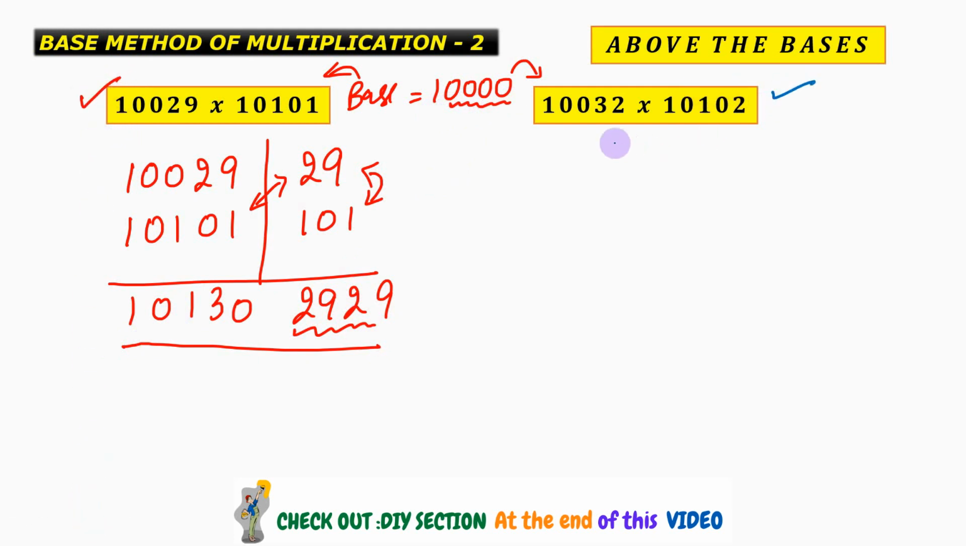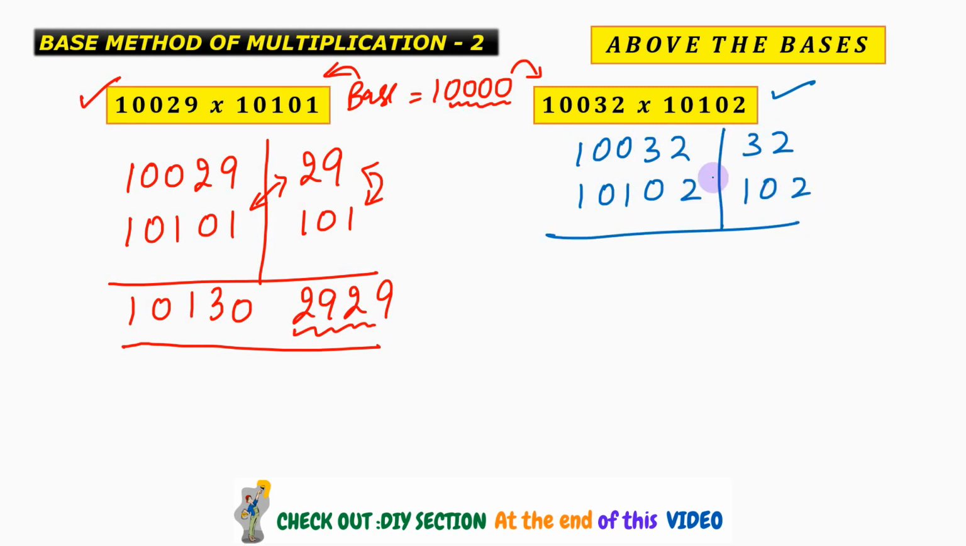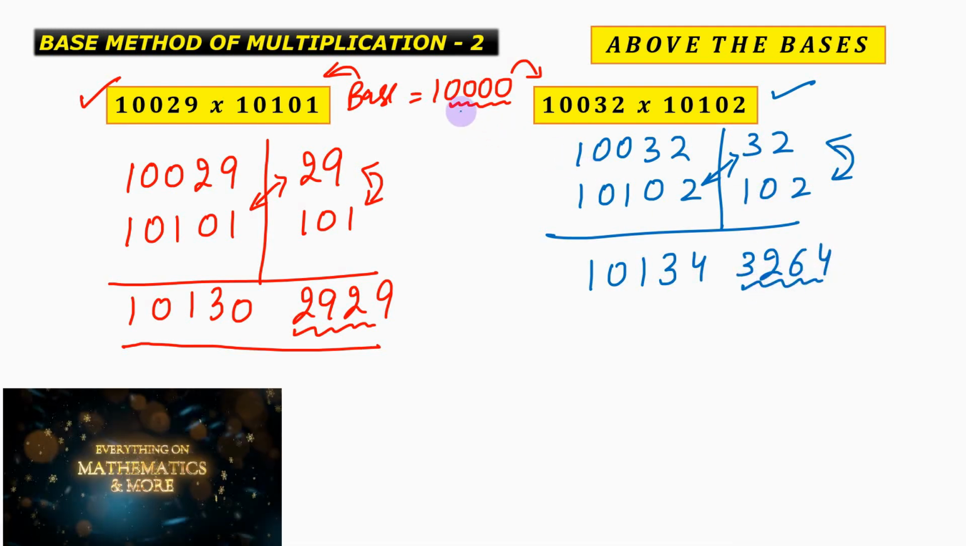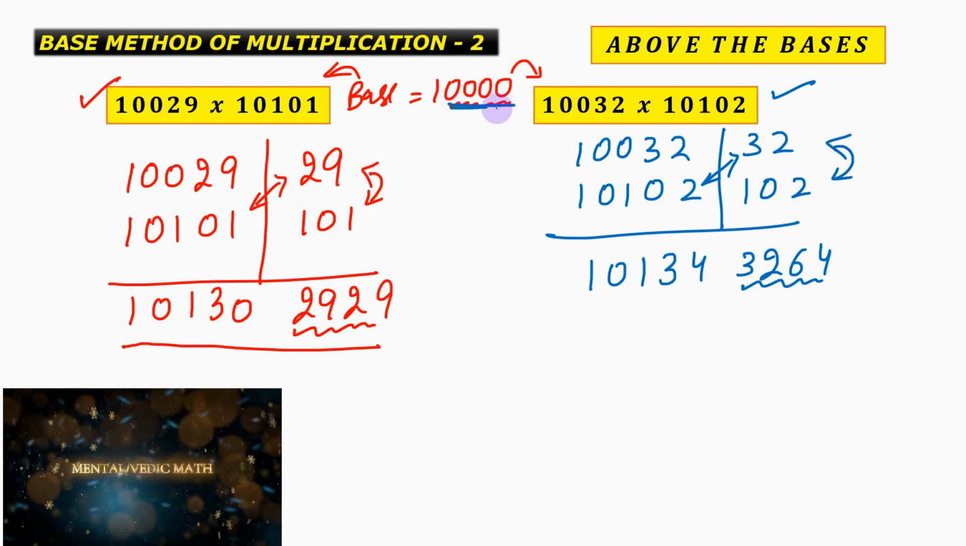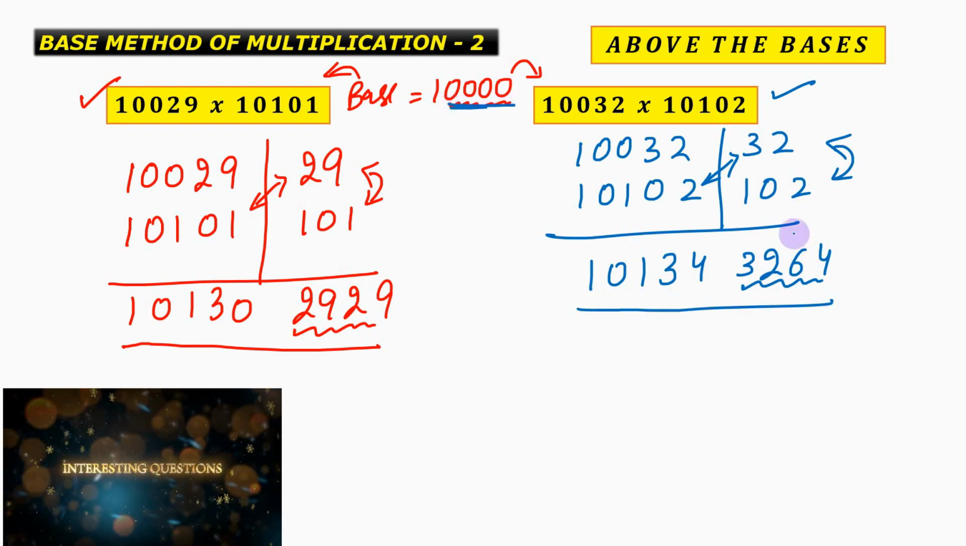Now for the next question, again we are going to write it as 10032. We are going to write 32 over here, 10102, and then 102 over here. Okay. Then again you add these two numbers, so we get 10134, and you multiply these two numbers. So 32 into 102 will give us 3264, and because this is a 4-digit number which matches with the number of zeros in the base, so this is the product for